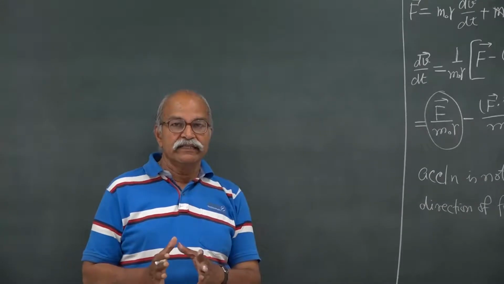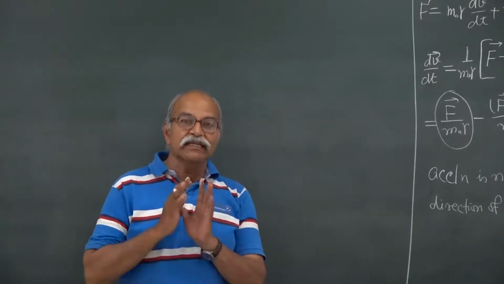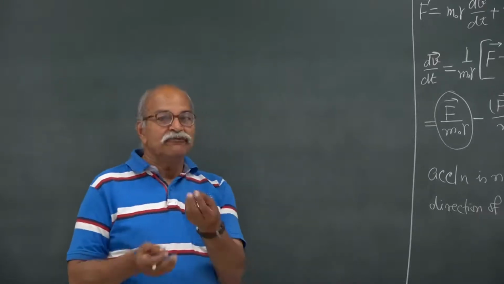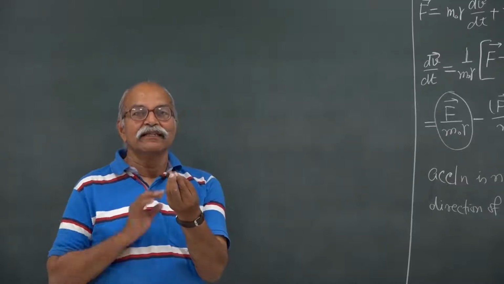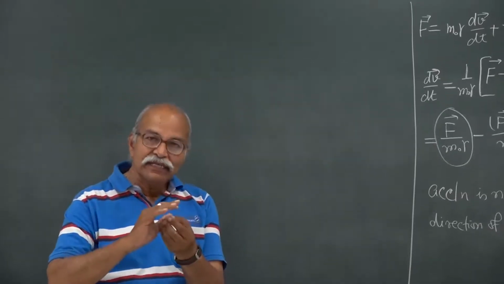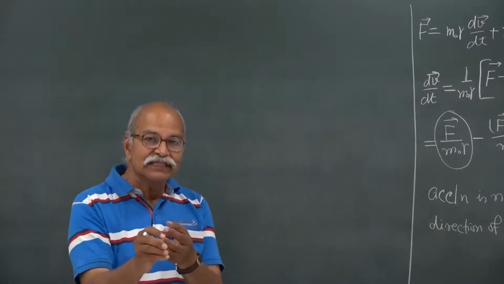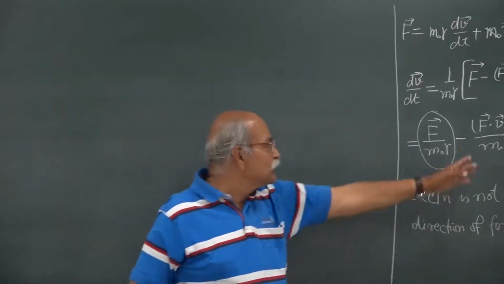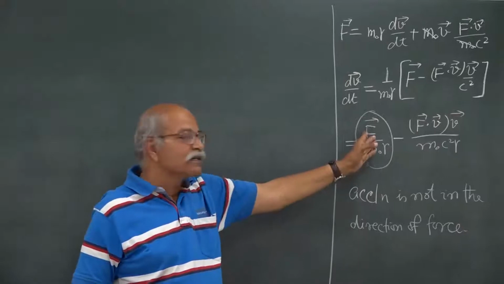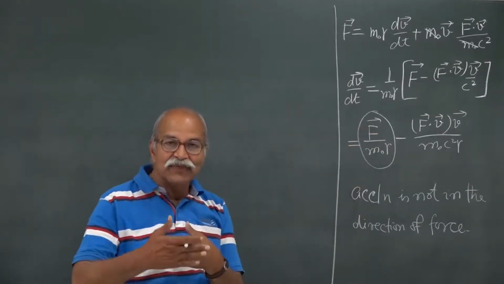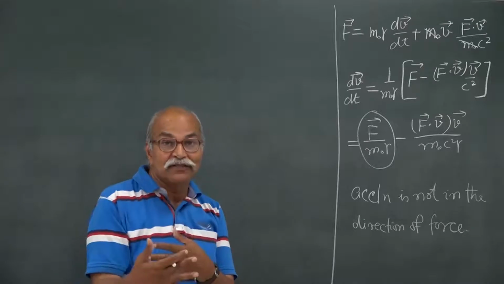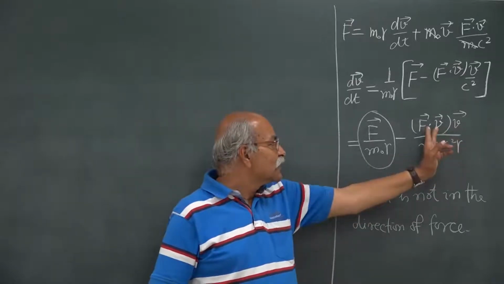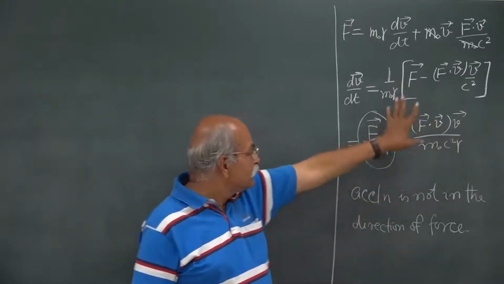So the first case I consider is when the force is in the direction of velocity. For example, if you take a particle which is at rest and then apply a force, what will happen? Here the force will generate the velocity, and the initial velocity will be 0, and therefore this term will be 0, and so the dv will be in the direction of f, and hence you will have velocity produced in the direction of f, and all the time that will be like that. First v was 0, and after that you will have something else, but then let us see what happens.